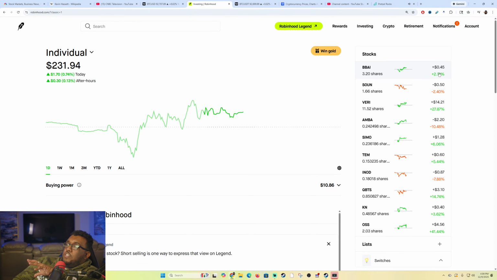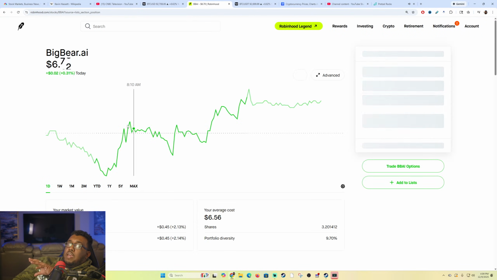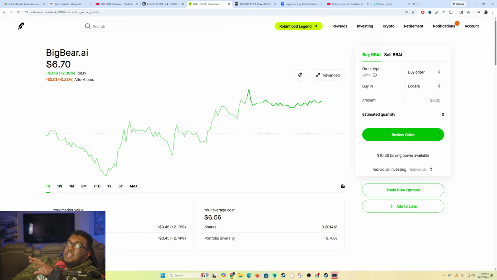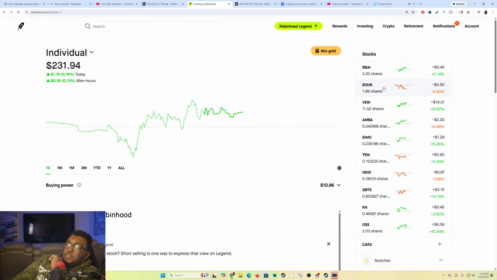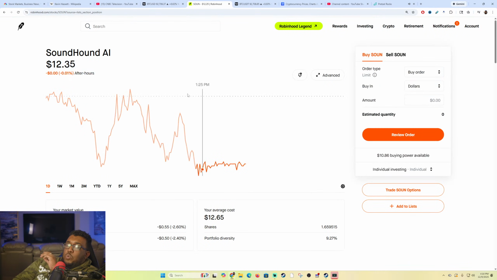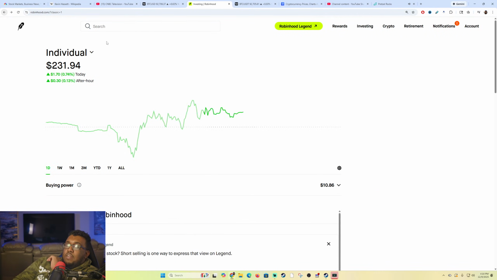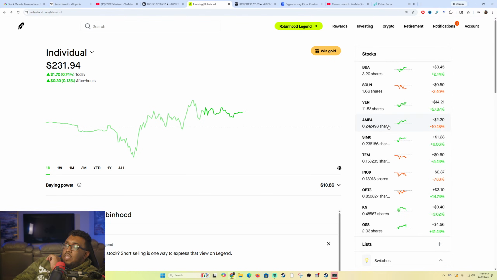There's a way to change this to tell you the current price of it and not the amount of money you've lost or made from it, right? Like Big Bear AI, this thing is only around $6-7, right? That's cheaper to buy, so I can buy more shares. I might double down into some of those. SoundHound is $12, not crazy, but it's fine. Hasn't seen much growth, but again, I'm fine with that right now.